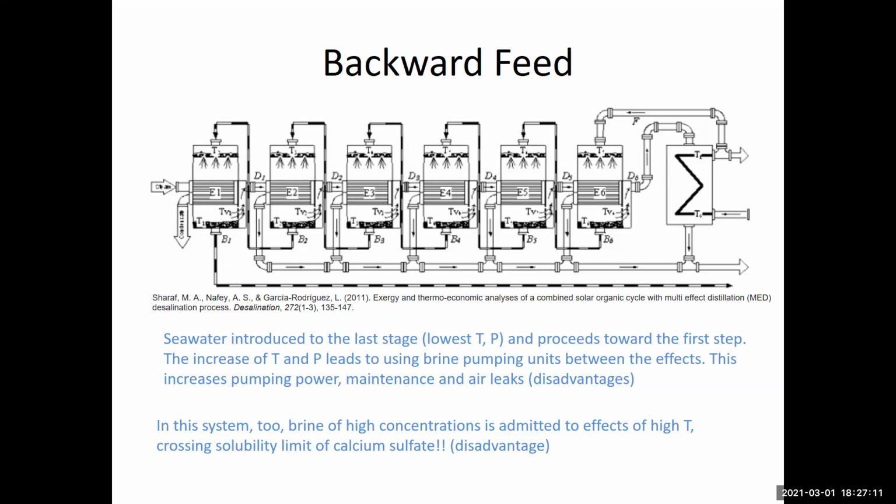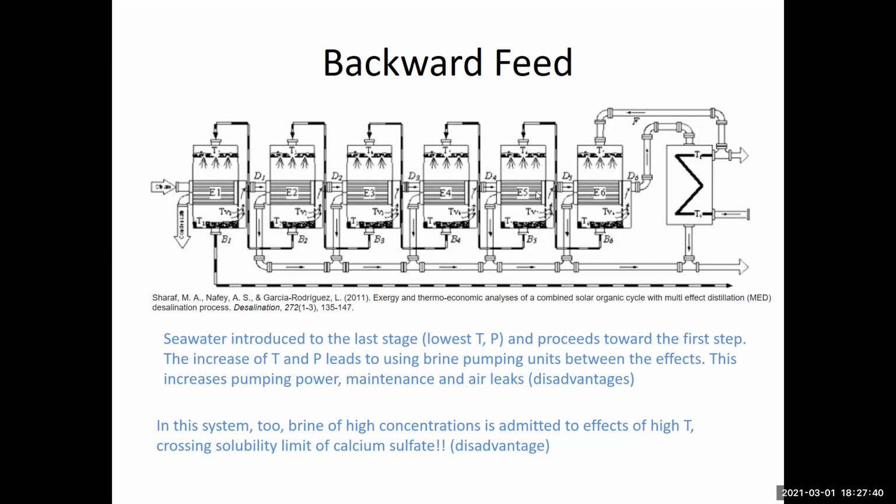In the previous one, everything has gone to effect number one, both vapor and seawater, and then it moved from 1 to 2 to 3 to 4. Here, the vapor is moving from 1 to 2 to 3 to 4, but the seawater is going from 4 to 3 to 2 to 1. Is there a problem with this layout? The answer is yes, there is a problem with this layout, which is, as you are moving from this effect